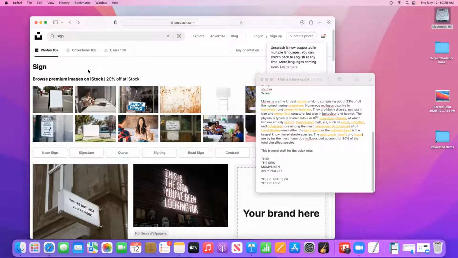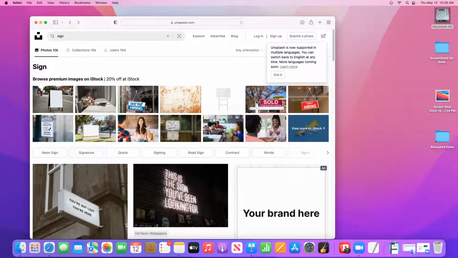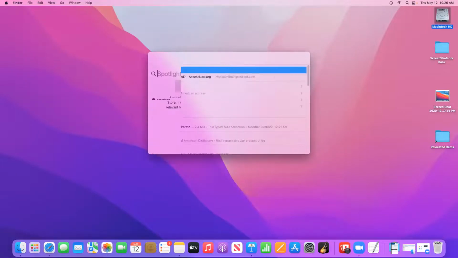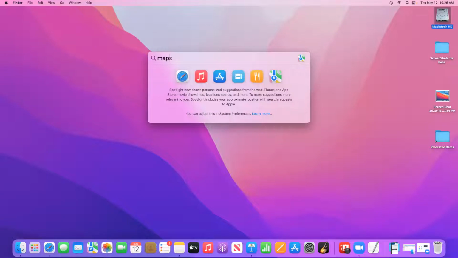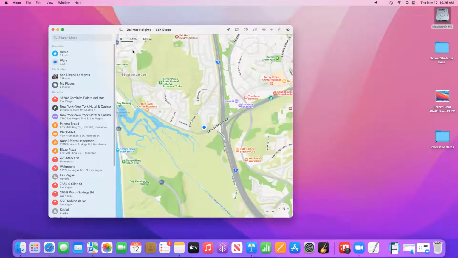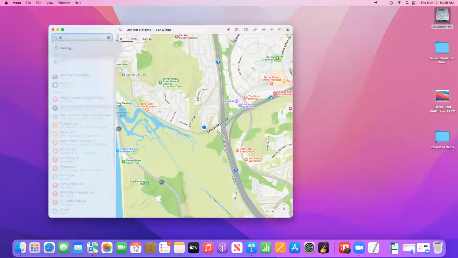All right. Another kind of fun thing. Let me hide this. Bring up the Maps app. Now, the Maps app, they've added a number of things. They've added some new experiences to the Maps app. So if you go to certain cities, you can get a lot more information. So let's say if I go to New York,